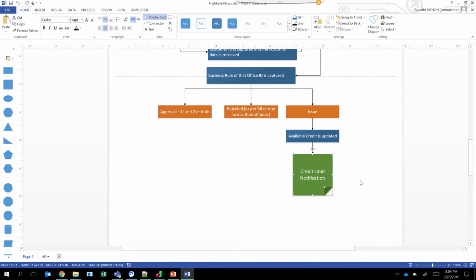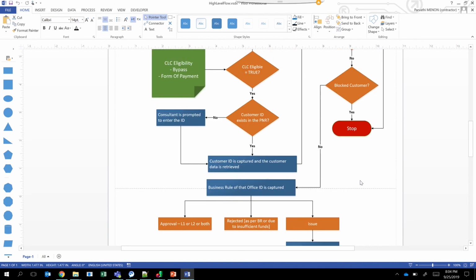This is an alert sent to the corporate customer if the available credit is too low. So this is a very high level understanding of the application.